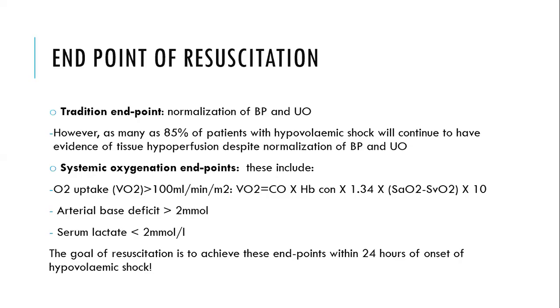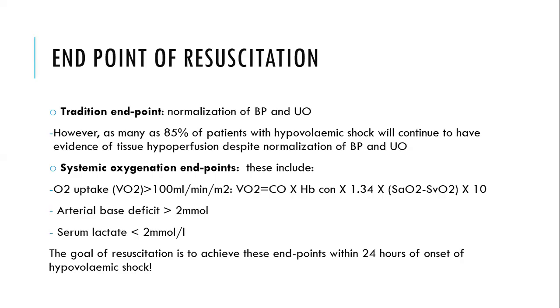That is the venous oxygen saturation. If your venous oxygen saturation is more than 75%, it shows that your oxygen uptake is optimal. Then arterial base deficit should be greater than 2 millimole, and your serum lactate should be less than 2 millimole. Now, in hypovolemic shock from any point, whether hemorrhagic or vomiting and diarrhea or any form,